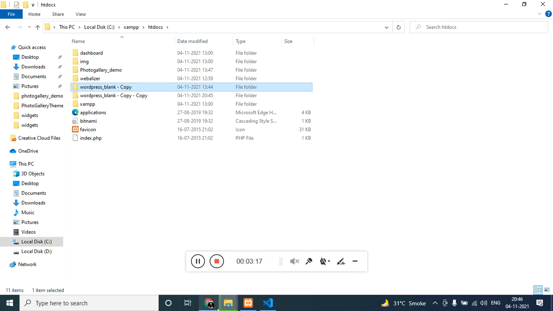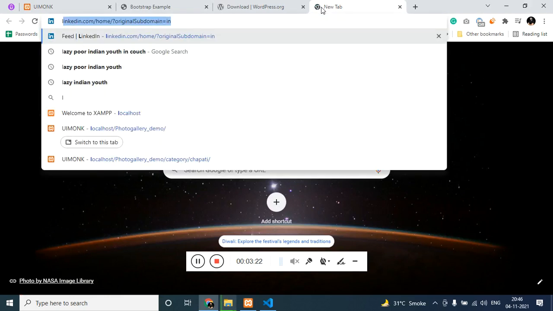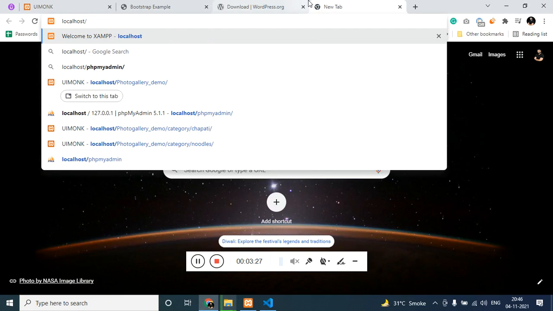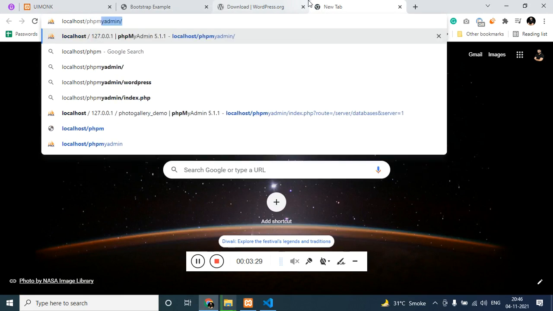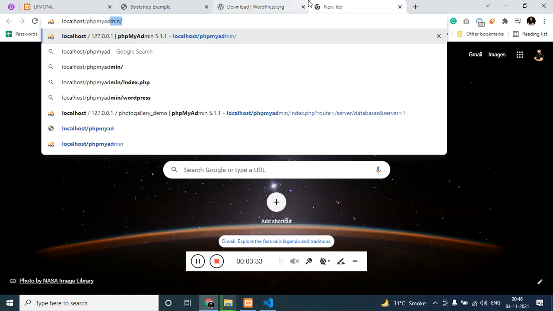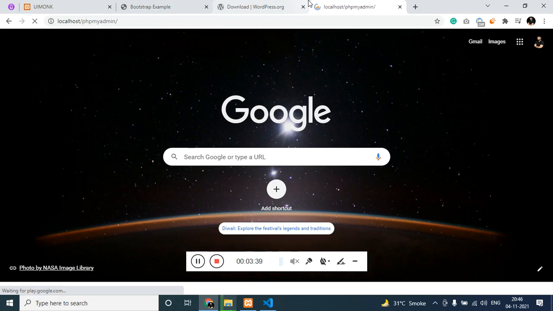Before pausing it, let's create the database for us. To install WordPress, we have to create a database. I have installed XAMPP. Now to access it, I have to go to the URL phpMyAdmin, click on enter, and you will be redirected to the MySQL page.